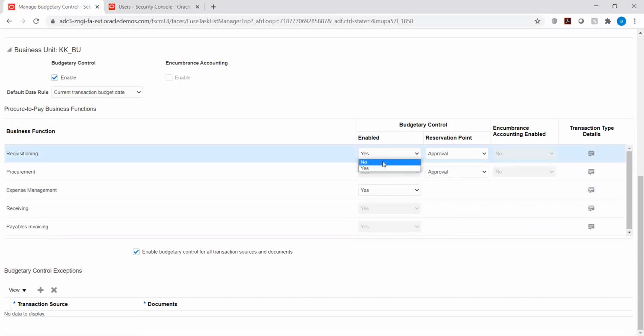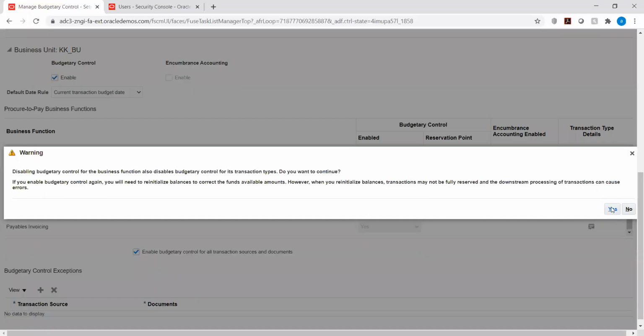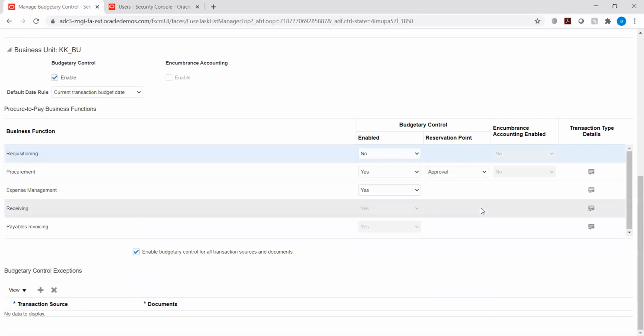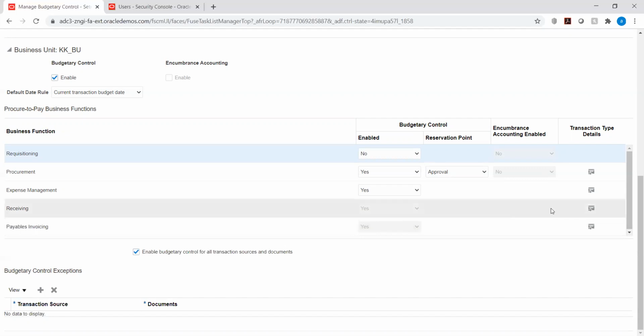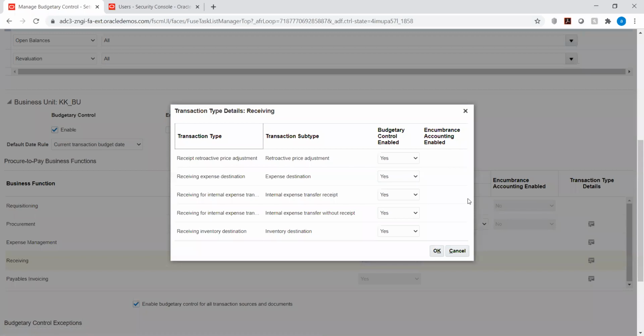So maybe I'll click no on this one. That is the transaction details type. You will not be able to say no for this one. How come? When requisition you have selected as no.